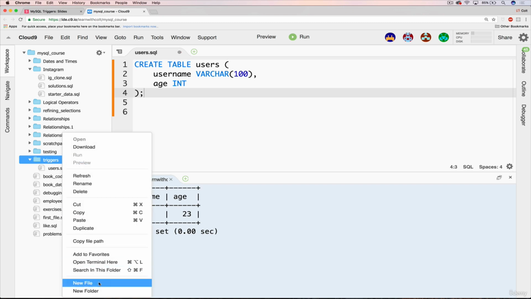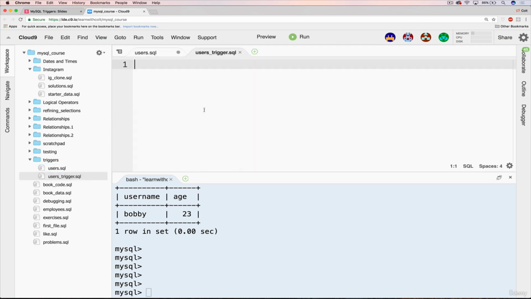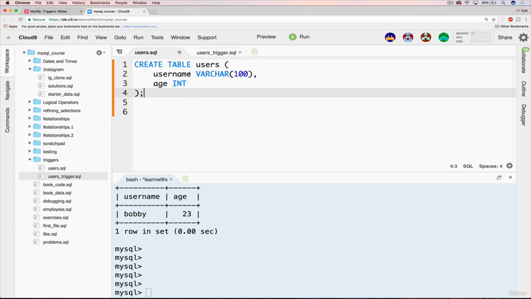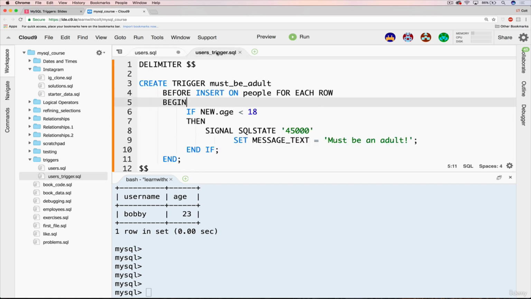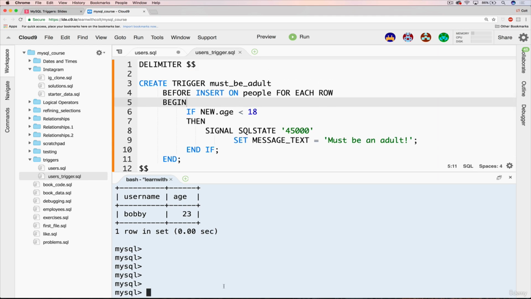I think it's good to keep your triggers separate. So I'm just going to call this users_trigger.sql. Okay, and then I'm just going to paste it in and hit save. And then I'm just going to source this file just like any other SQL file that we've run. It's just a little different than what we've done before. This is sort of like meta SQL, where we're not actually interacting with the database immediately. We're not creating tables. We're not inserting things. We're creating restrictions or triggers on another table. Okay, so I'm going to source it. I called it users